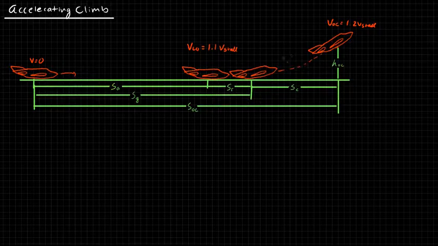Okay. Now this phase right here, from the point of takeoff to the obstacle clearance height, is known as transition. The reason it's called transition is because the aircraft is transitioning from the liftoff configuration to a steady climb configuration. So we're going to be referring to this phase as the transition, or the transition distance. So this S sub C is the transition distance.